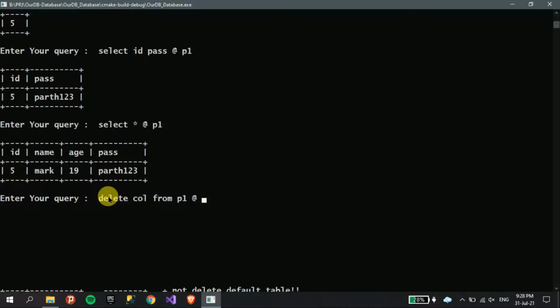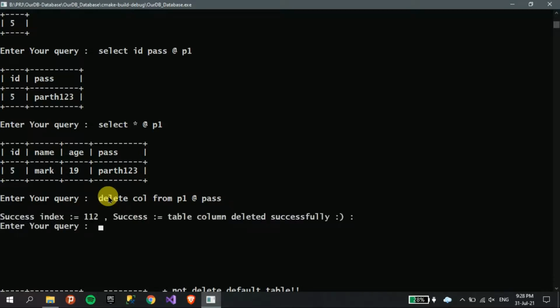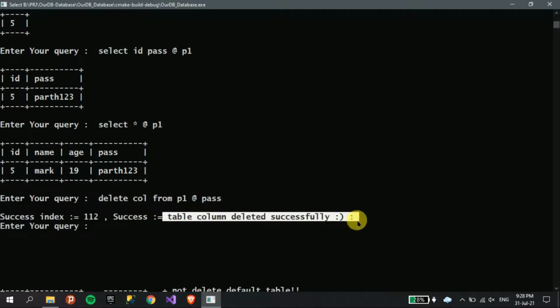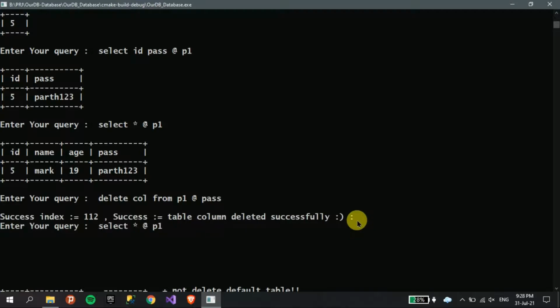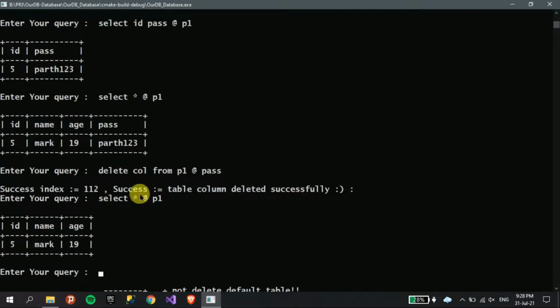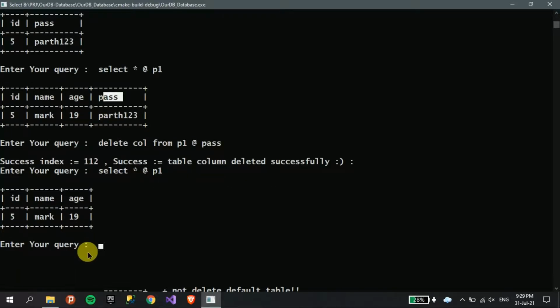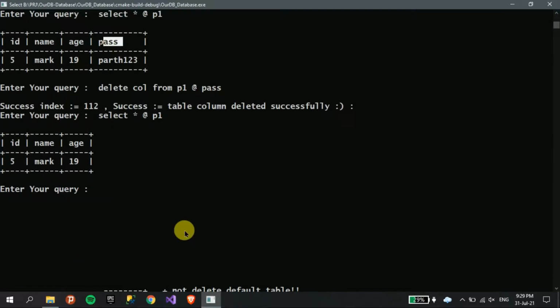I don't want to delete id, but I want to delete the pass column, so as you can see, column deleted successfully. Now pass will not come, so deletion of a column is also done perfectly.